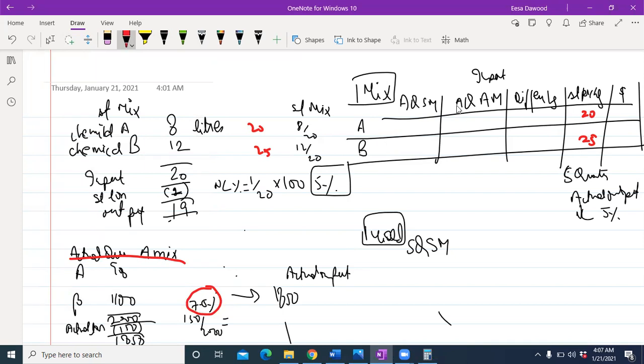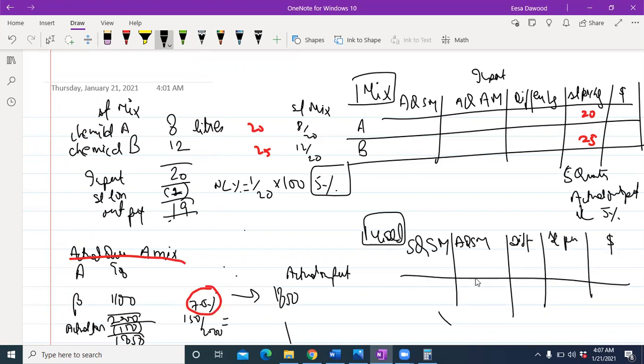Now, move back to my calculation, mix and yield. Let me write the formula for yield variance as well. Standard quantity in standard mix is the additional column. Next, the first column of this is the same as the second column of the mix variance, actual quantity and standard mix. Then you get a difference in kg, and you convert it into cost by multiplying with standard price per kg and you get a cost variance.